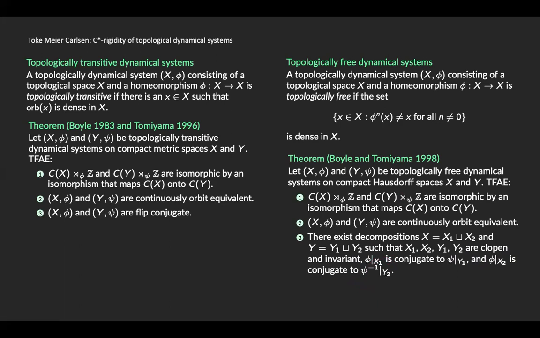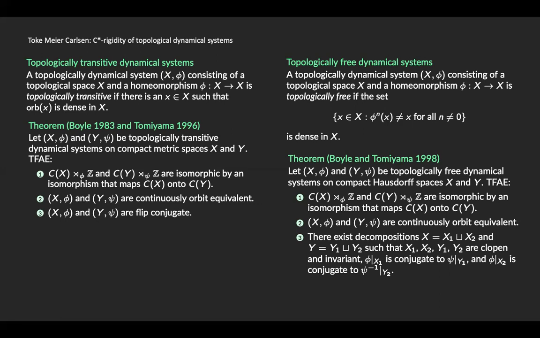So, yeah? Could you explain the logical relation between the hypotheses of the previous theorem and this one? It's not clear to me whether the existence of an x whose orbit is dense in X and the assumption that the topologically free orbits are dense, whether there is a logical implication between the two. Or... No, it's not obvious.